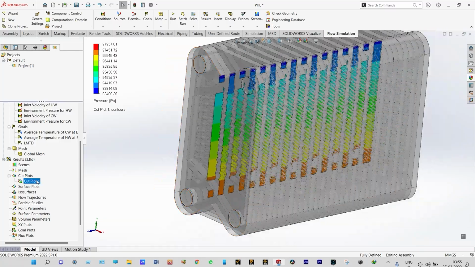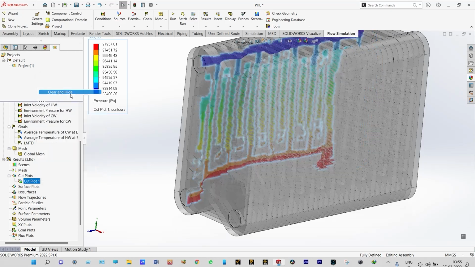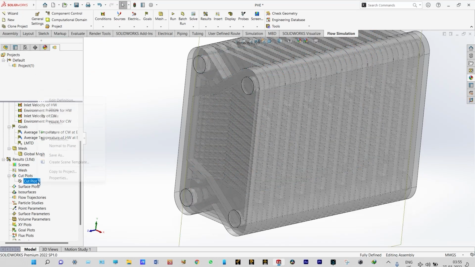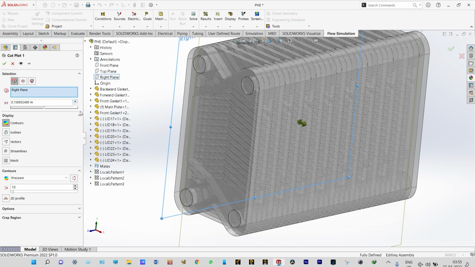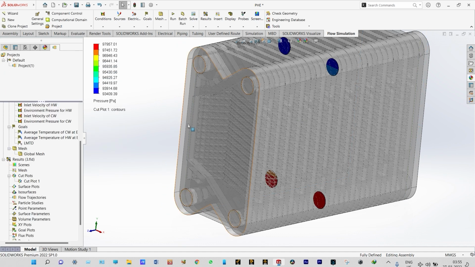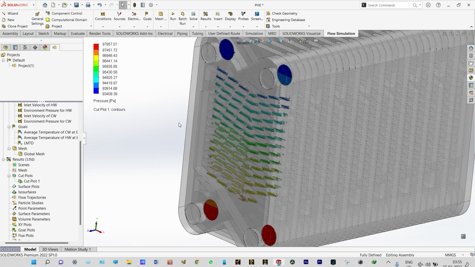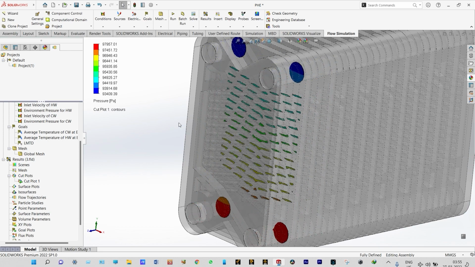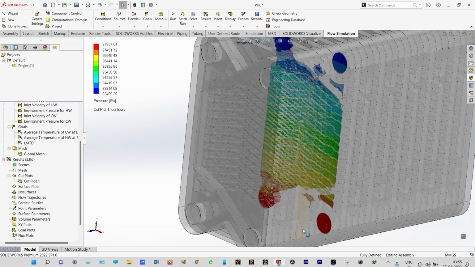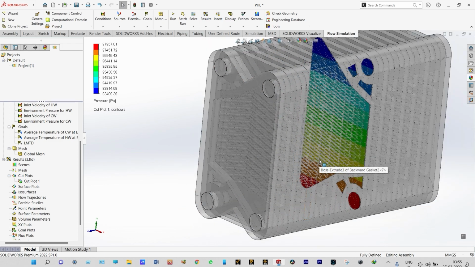Let us view it from front plane. So clear and hide, and we want to see this from front plane. Edit definition, and we want to see it from front plane. This is pressure distribution from front plane. Let us play. Again it is clearly visible that at the bottom side we are having higher pressure and top side it is having less pressure,